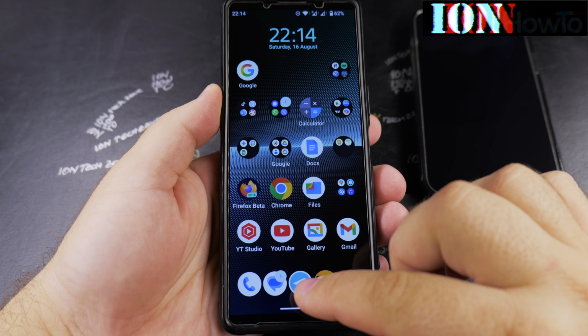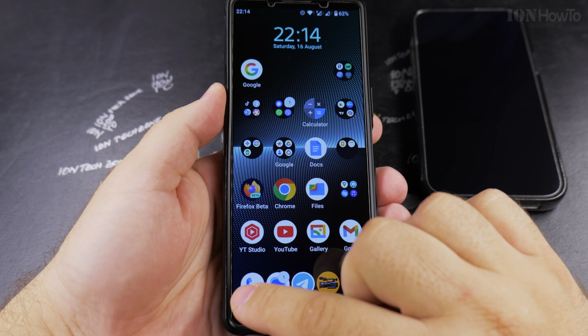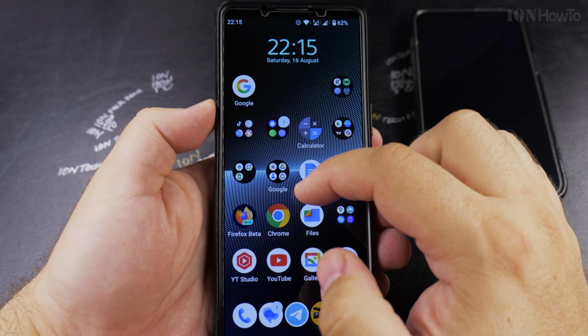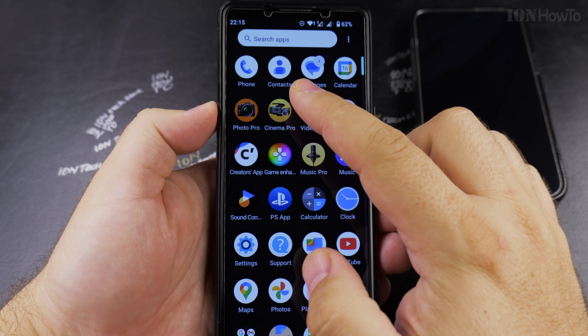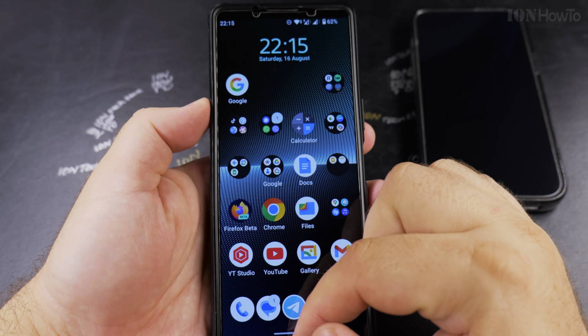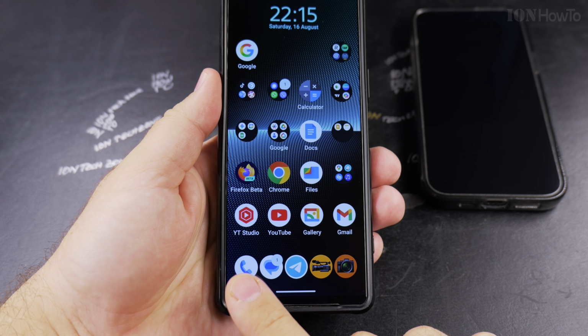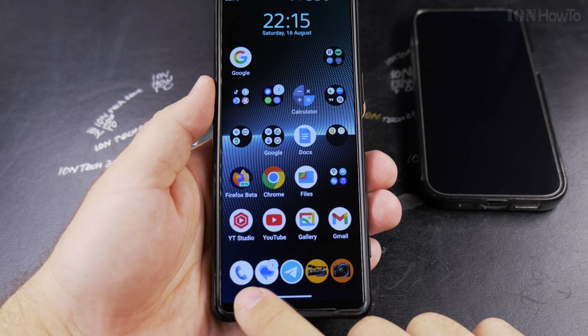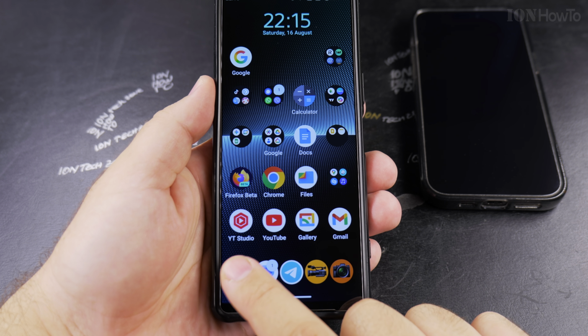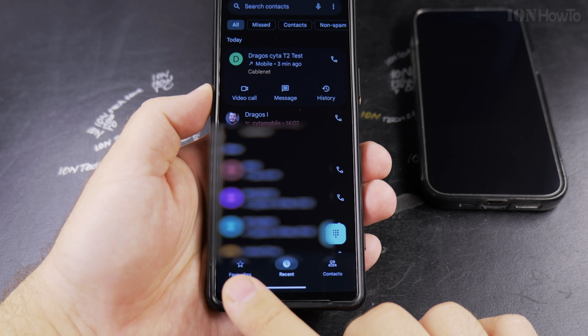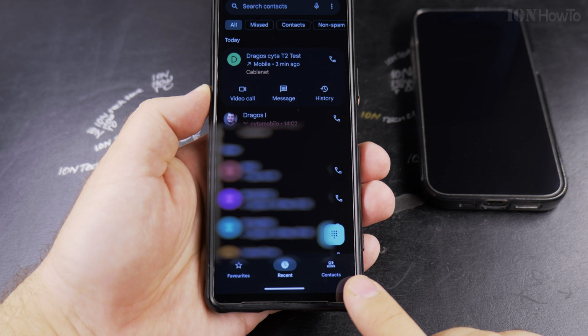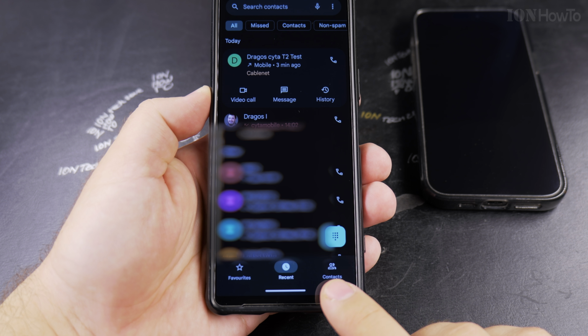In this video, I'll show you how to delete a contact from your Android phone. You can add, modify or delete contacts with the Contacts app on your Android phone, but you can also edit or delete contacts with the Phone app. On the Phone app of your Android phone, you have favorites, recent or contacts,